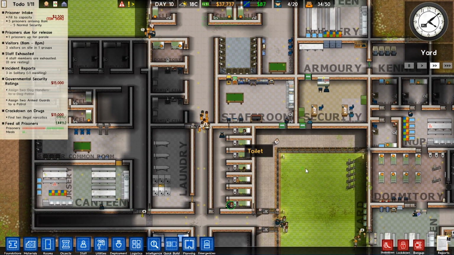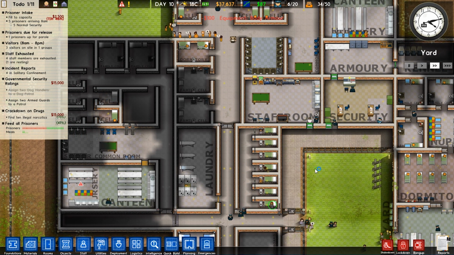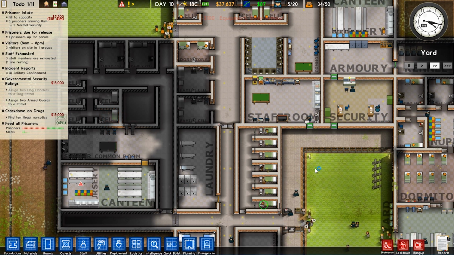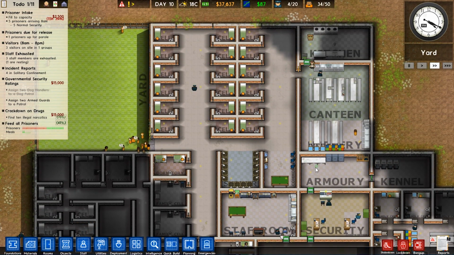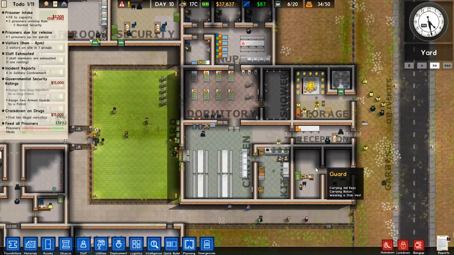Can we not? Okay, great. Yeah, that opened. Okay, that's good. All right, what's next? What do we need to do? We need to assign 2 armed guards to patrol. We don't have enough money to do that right now. We have 5 normal security prisoners arriving in the next 15 hours, which should hopefully bump us up a little bit